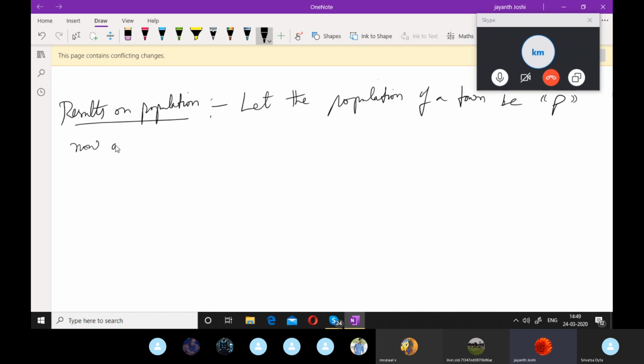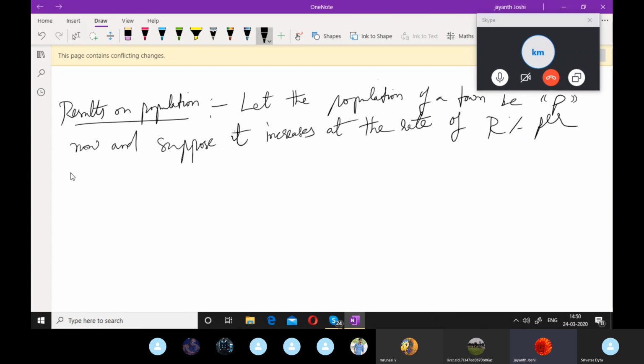And suppose it increases at the rate of R% per annum, then first one, population